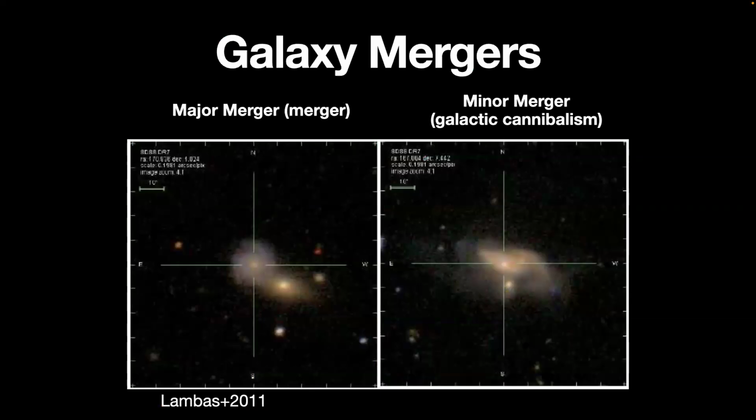So the main point you should get from this is that galaxies change over time. It may be slow, but at different epochs, we can see they look different. We can see that with our eyes. Their star formation rates change. They grow in mass and they grow in extent.